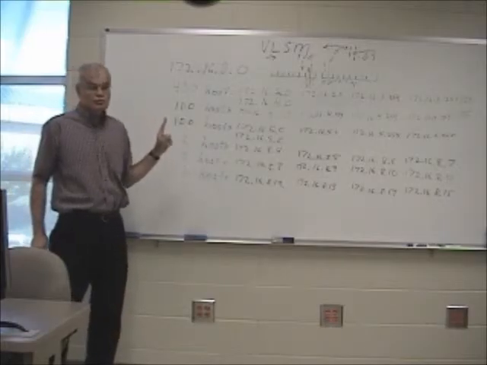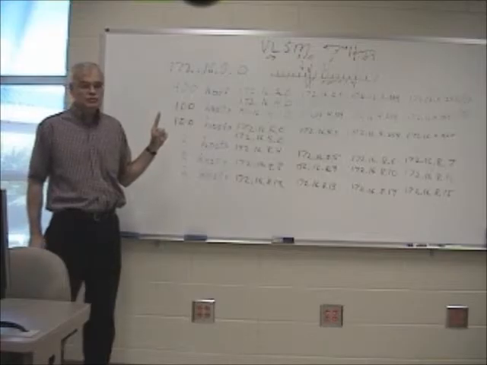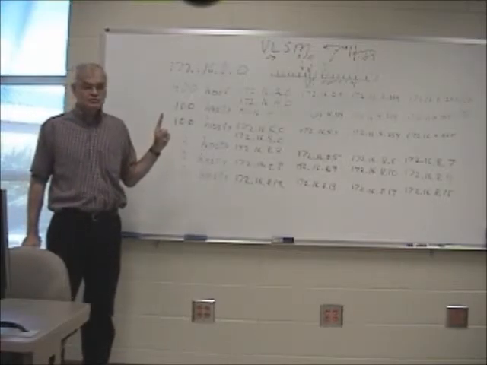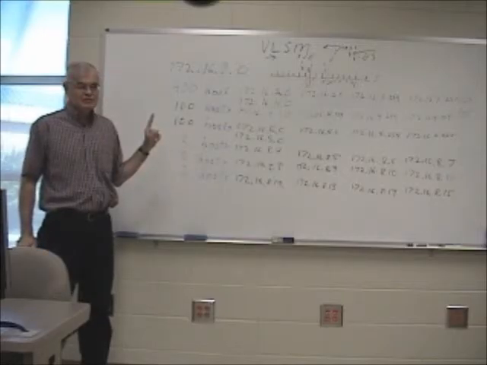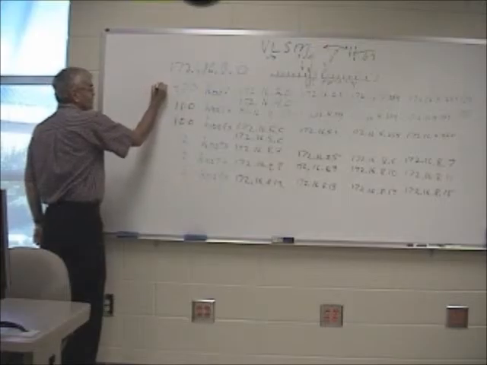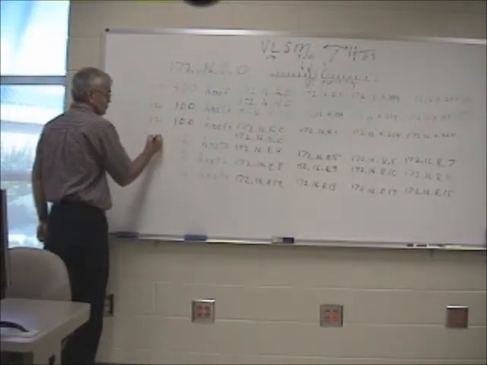As opposed to, before you did VLSM, how many hosts would we have had to put on each subnet? With the way you did it before today's lecture. Every one of these would have had to have 510, because this one's got 510 usable, 126, 126, 2, 2,